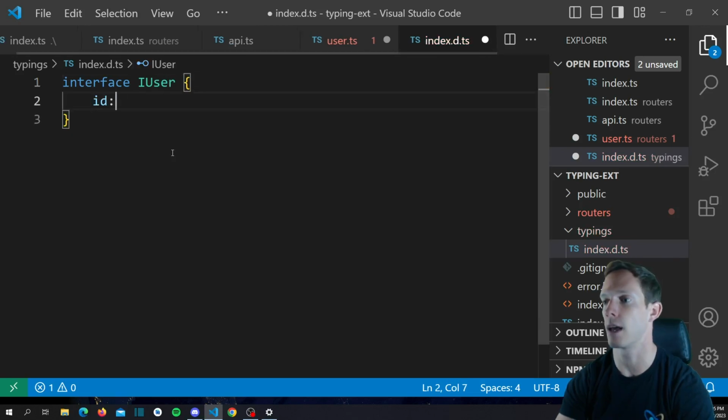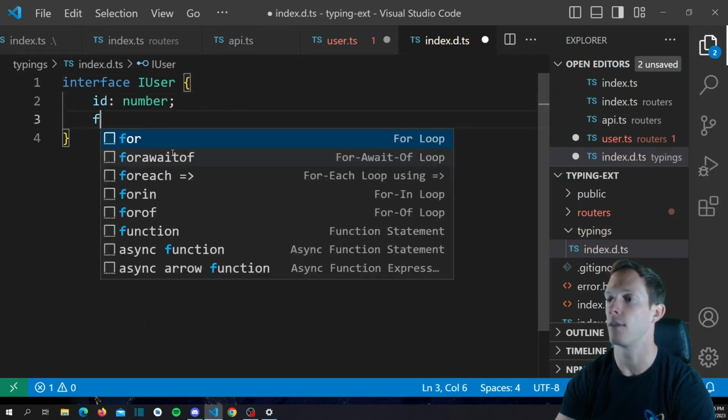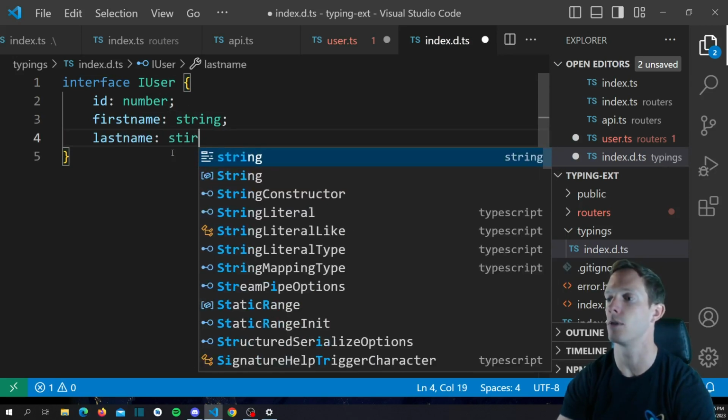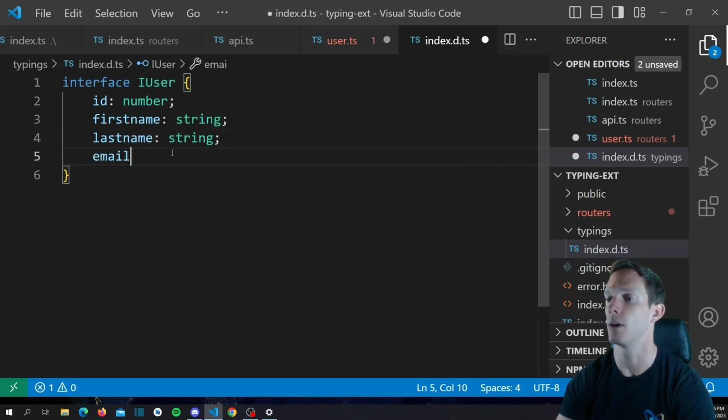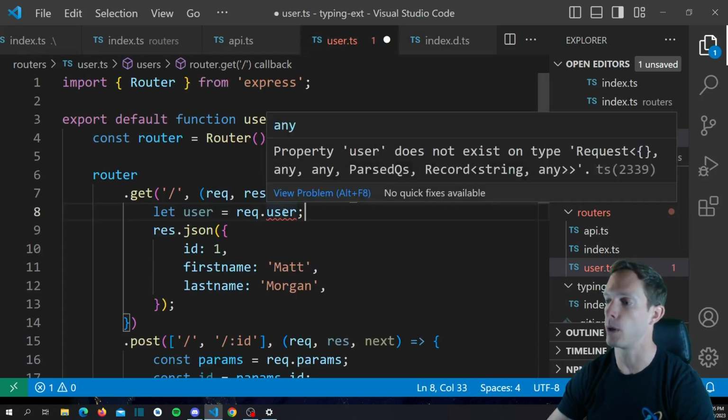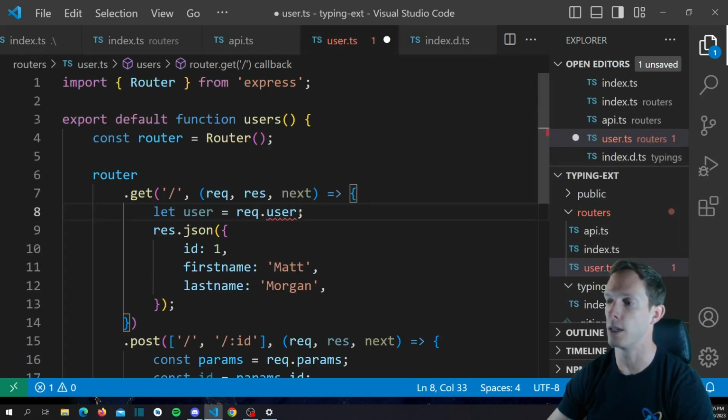And IUser is going to have an ID. It's going to have a first name. Let's just do all lowercase, actually. First name, string, last name, string, and email. All right, so we have our interface IUser here, and we need to apply IUser to be the type